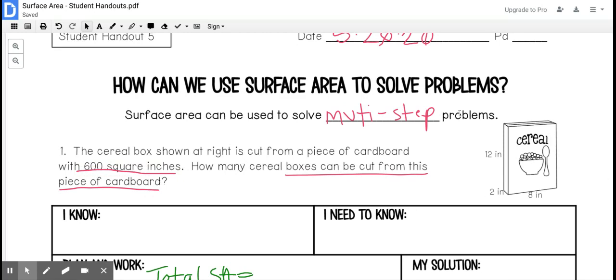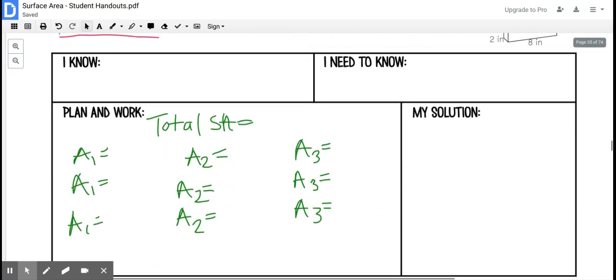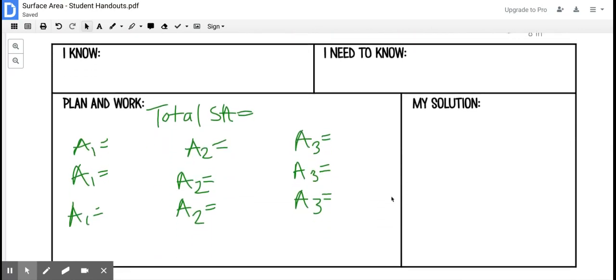So here's our cereal box over here. What we have to do is find the surface area of this one cereal box to see how many cereal boxes we can make from the cardboard that we were given. So what we need to do first is put what we know and what we need to know. So we know, and we're going to write this in blue,